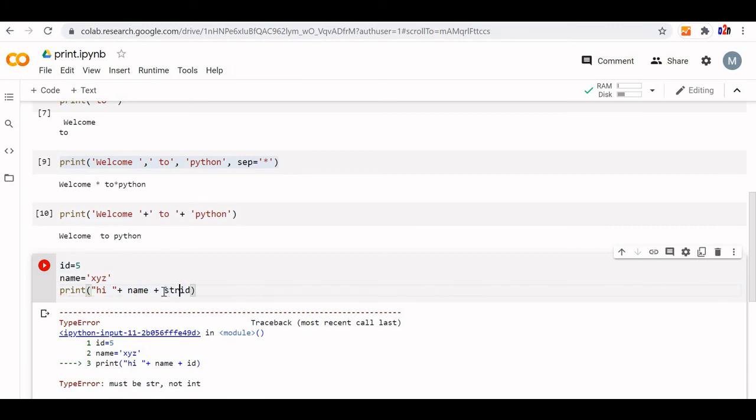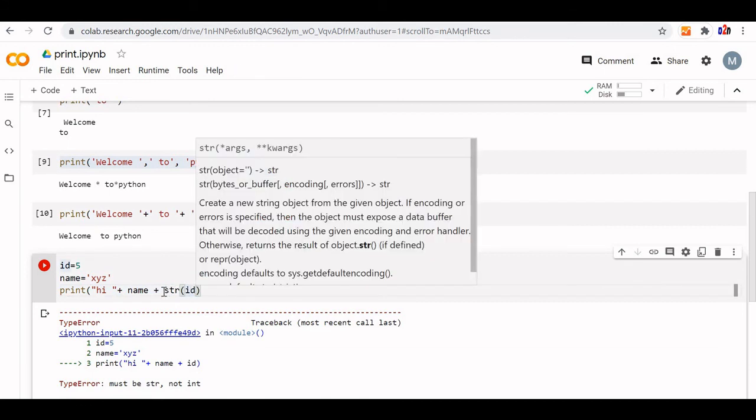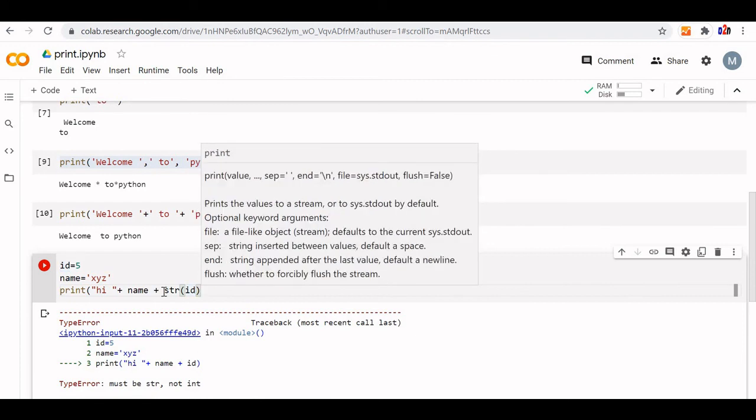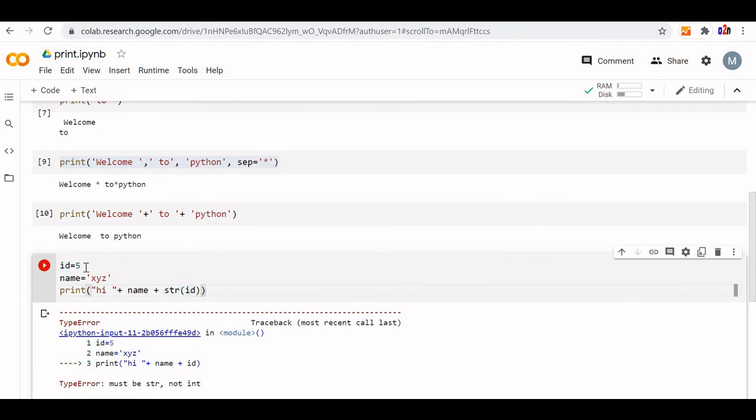Now what I have to do is convert this to a string variable. By default, when I assign it here, it is taken as an integer variable, so it is no more a string, whereas name is a string variable, so I cannot add a string to a number. So what I did now is change this variable ID to a string variable.